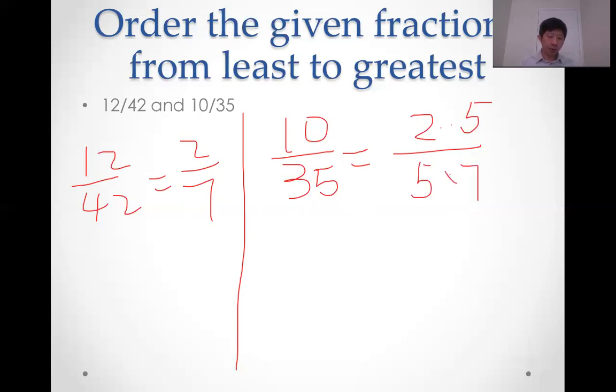So now, which one do we have the same number? 5 and 5 we cancel. So 2 over 7. So you can find 12 over 42 and 10 over 35,